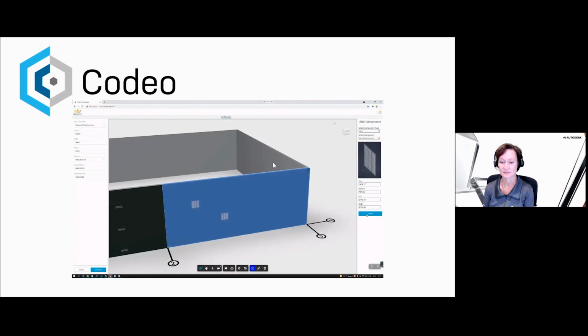Add another vent. Set the left distance and the bottom distance is 500 mils.